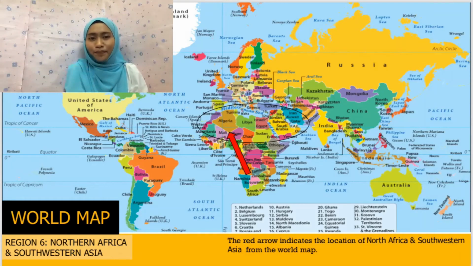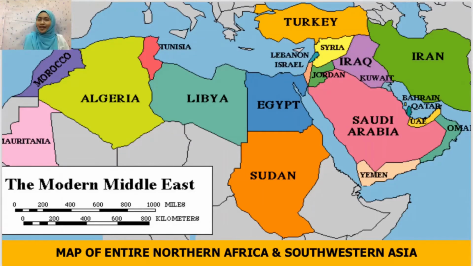This is the world map. The red arrow indicates the location of Northern Africa and Southwestern Asia on the world map. Next, this is the closure map of the entire region, Northern Africa and Southwestern Asia. As additional information, there are 7 countries under Northern Africa, which are Algeria, Egypt, Libya, Morocco, Sudan, Tunisia, and Western Sahara, whereby there are approximately 19 countries under Southwestern Asia, which are Armenia, Azerbaijan, Bahrain, United Arab Emirates, Palestine,